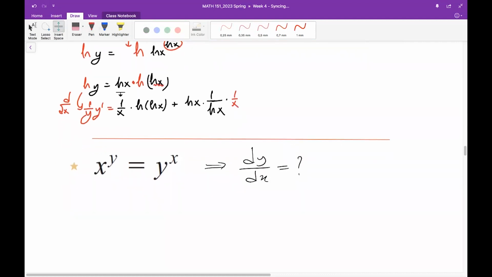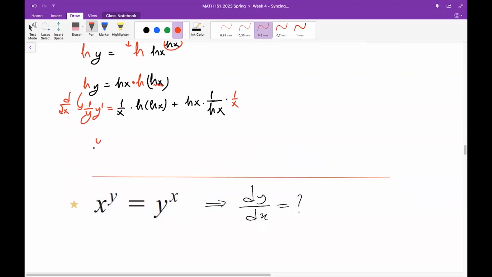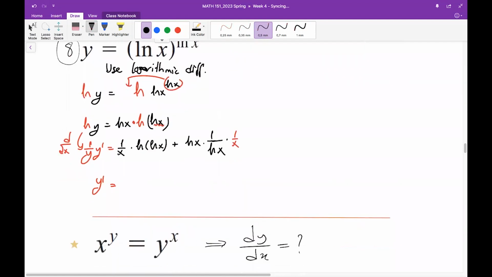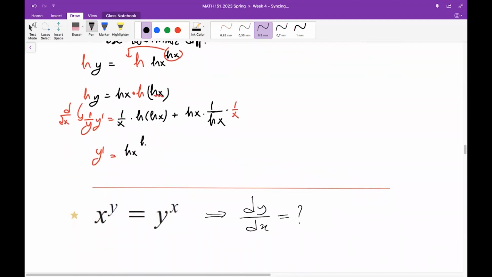Okay, from this line, you can easily solve for y prime as y times, y was given like that, y times this whole expression, okay? It is 1 over x times ln x. You have a simplification here, plus, I guess, just 1 over x, where this coefficient comes from y on the left.